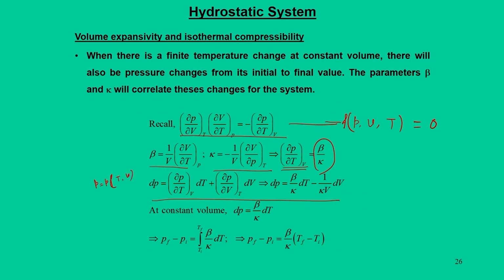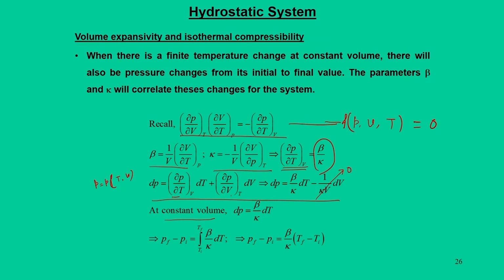We can write dP = (dP/dT) at constant volume dT + (dP/dV) at constant temperature dV, and from this we can say at constant volume, this term goes to 0. As a result, we write dP = (β/κ) dT,